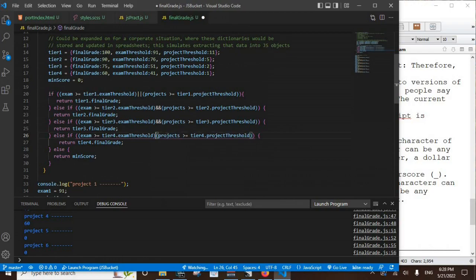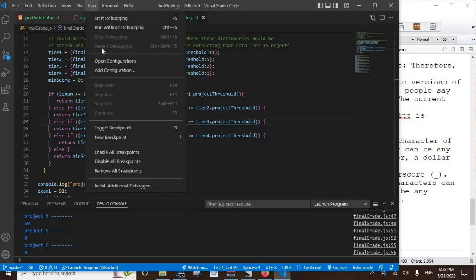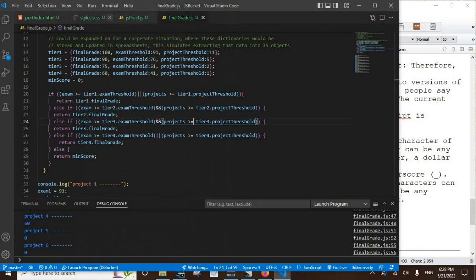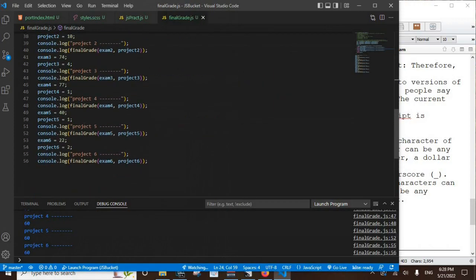So let's say that we added the low one to catch things. Well, if they did at least one project or got at least a 41 on the exam, then that's passing. Oh, we're doing really low standards now. Well, let's see if this makes sense with our last couple of guys running. So should we expect? Yeah, because they did one project.